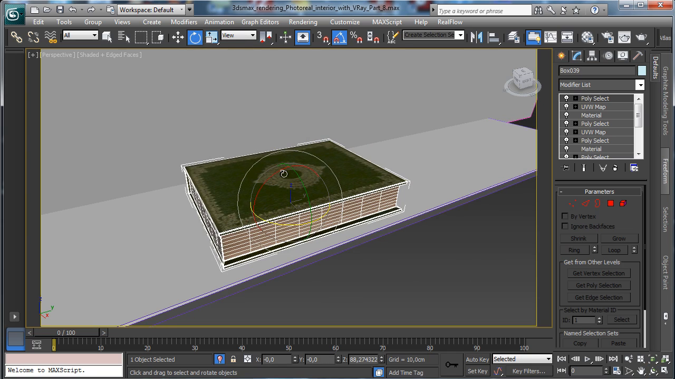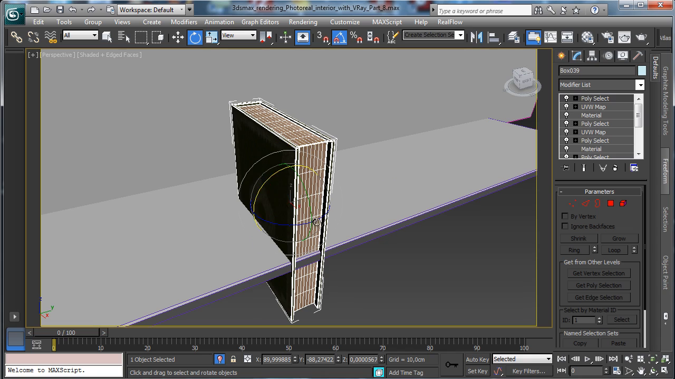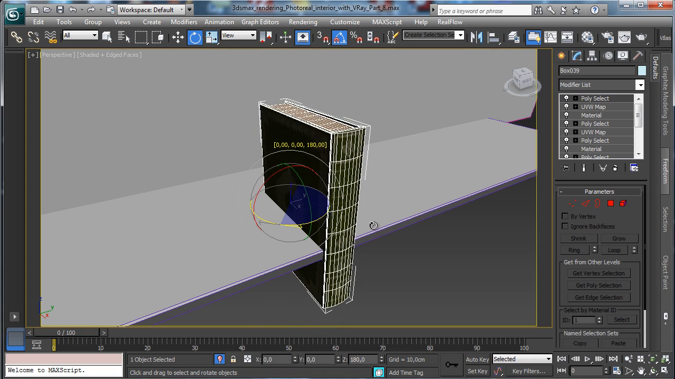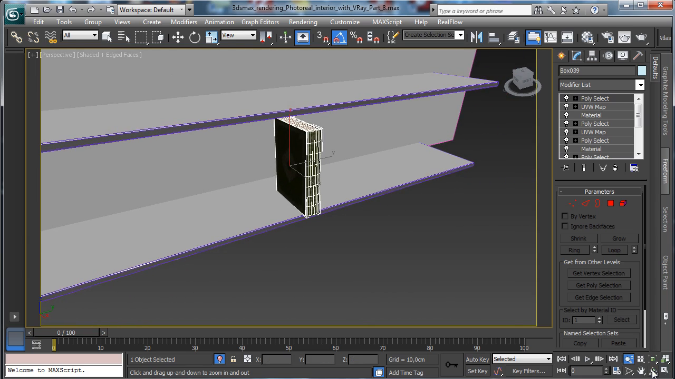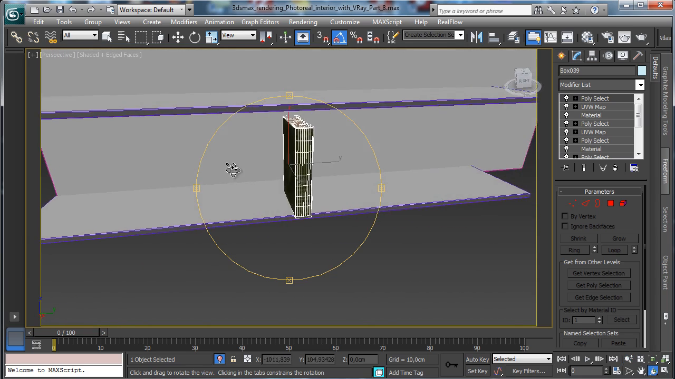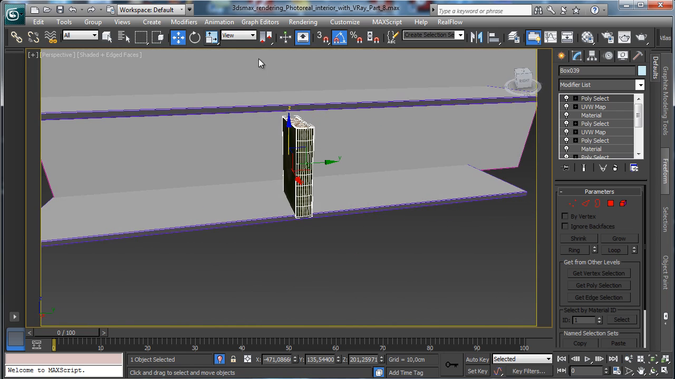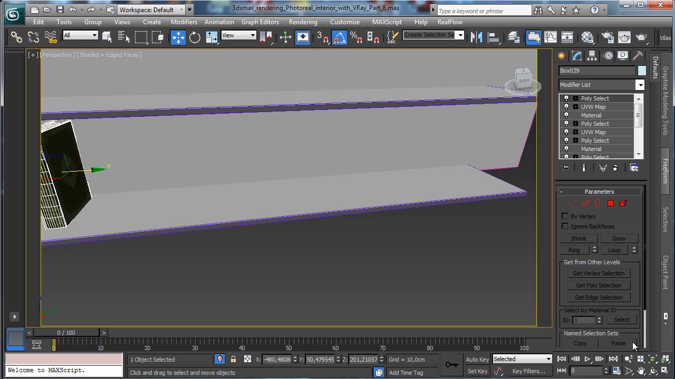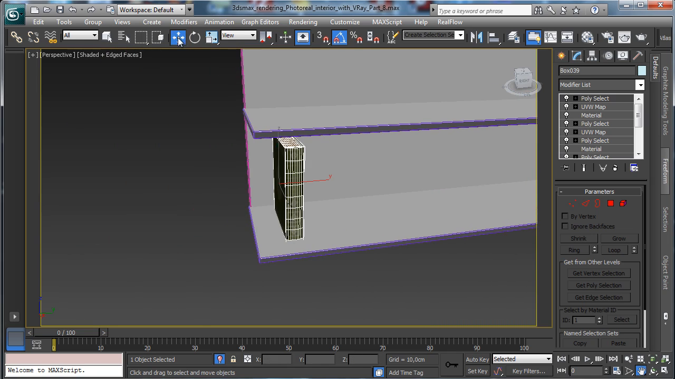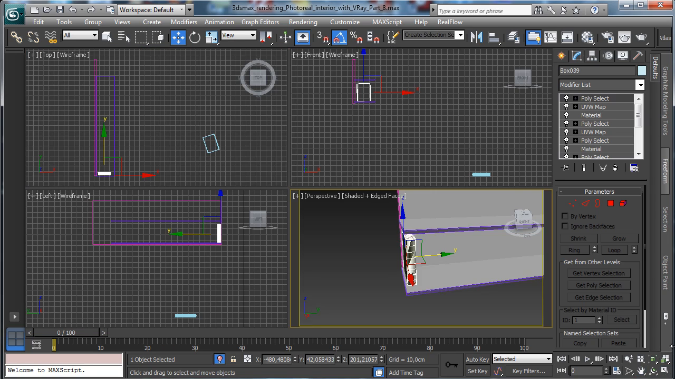Okay, and that's nice. So we have the book in the right position. It is a little bit big, but it can be nice for the moment. So we'll use this one to make it similar to an encyclopedia. So we move it there and then